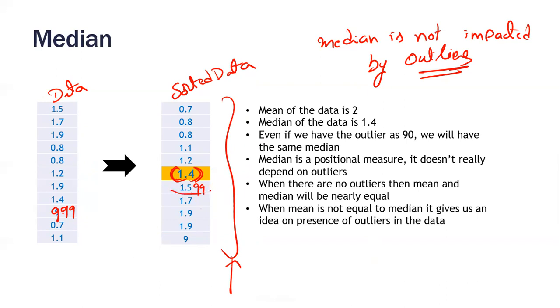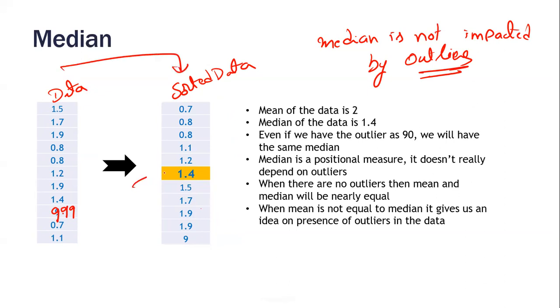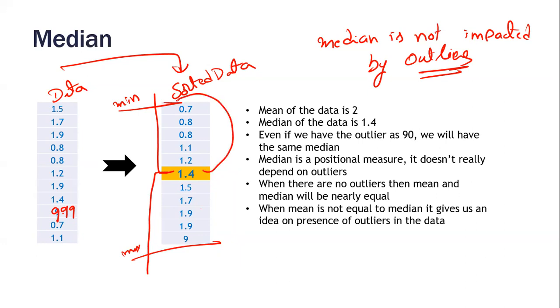What you're assuming is only one or two values here. You have to also assume the complete data, right? No matter which data you take to arrive at the median, what is the formula that we are using? Simply sort the data, take the center value. In the given data set, that happens to be the center. So 50% of the data is below this, for sure. 50% of the data is above this. That is for sure. No matter what your range is, no matter what your minimum or maximum value is, I can guarantee that 50% of the data is on this side, 50% on this side. The calculation of the median is such.